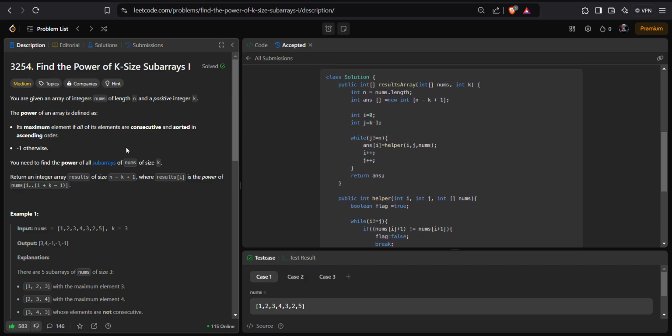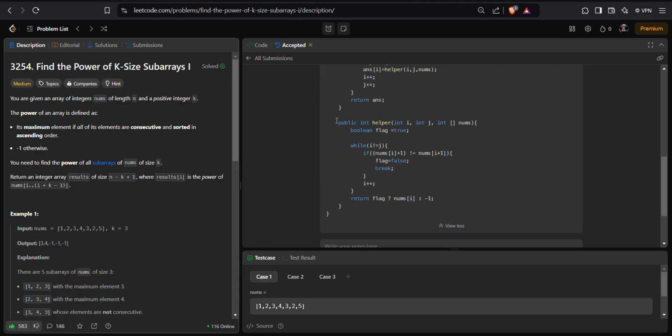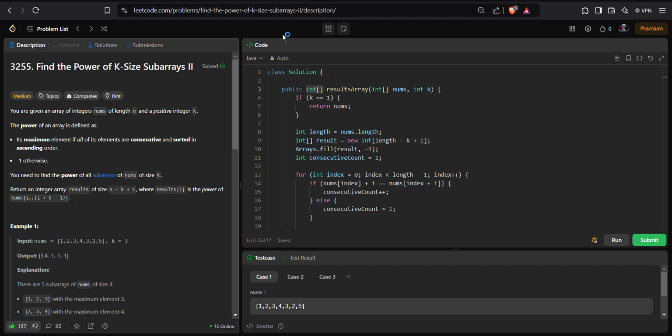And in that question, we did it with our naive approach, traversing through all those subarrays and checking if the subarray satisfies our constraint or not. If it satisfies our constraint, we return the greatest of that subarray, else return -1. But as we are given a larger constraint and we are restricted from using big O of n square, we'll try to solve it in a little bit